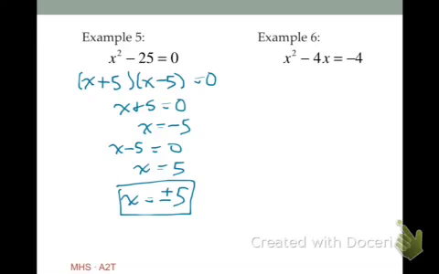Example 6 over here, we have x squared minus 4x plus 4 equals 0. That also looks like a special case. That looks to me like I have a perfect square, or a square of terms, so I'd say x minus something squared is equal to 0. So the term that is going to be perfect square is 2. And let's just FOIL that out and see if that makes sense. So I'm going to get, if I multiply that out, I'm going to get